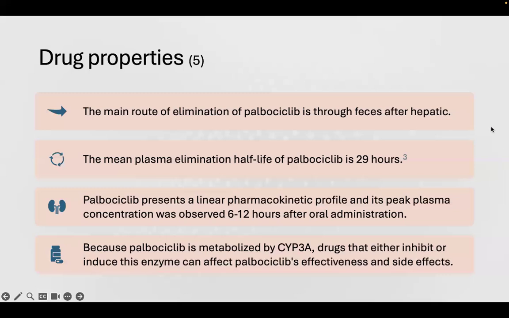So some other drug properties I want to mention: palbociclib is mainly eliminated through feces, with a half-life of about 29 hours. Palbociclib presents a linear pharmacokinetic profile, and its peak plasma concentration was observed 6 to 12 hours after oral administration. Because palbociclib is metabolized by CYP3A, drugs that either inhibit or induce this enzyme can affect palbociclib's effectiveness and side